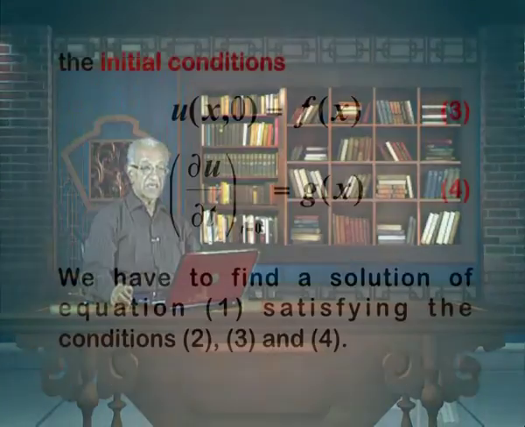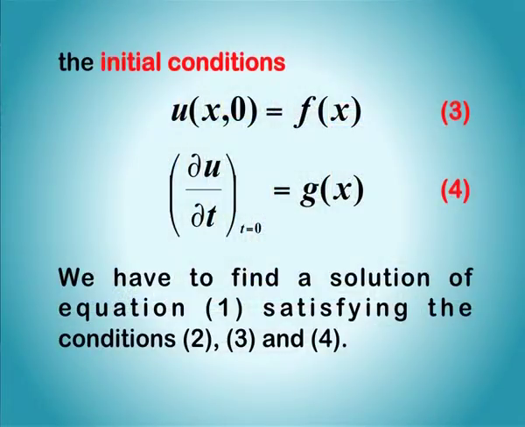We have the initial condition. Just now we were talking about two conditions, boundary conditions and initial conditions. We have talked about the boundary condition in the previous equation. Now we have the initial conditions given by 3 and 4. So, the function u of x and 0 is denoted by f(x) and the partial derivative of u with respect to t